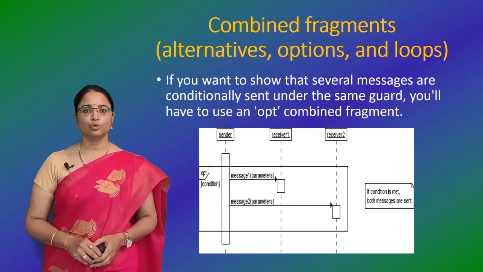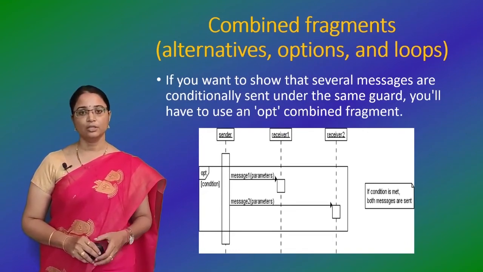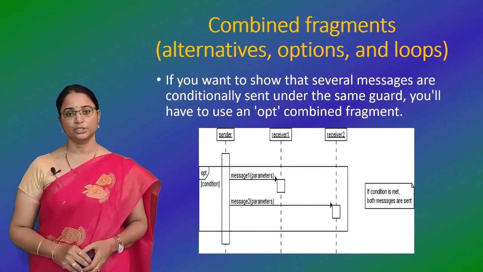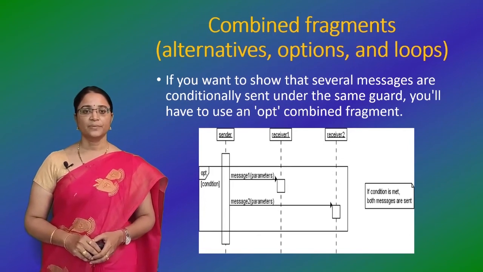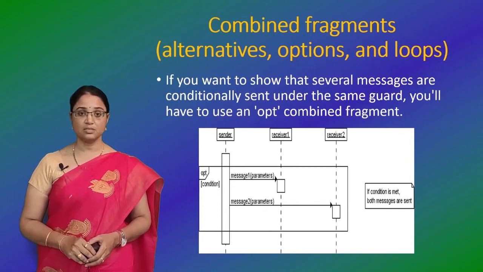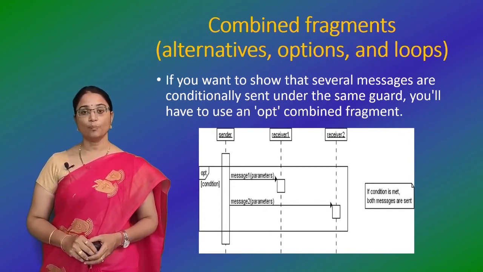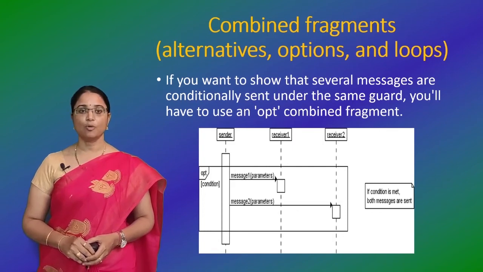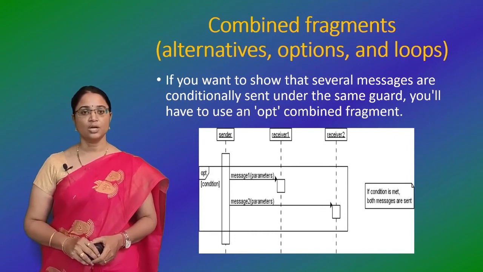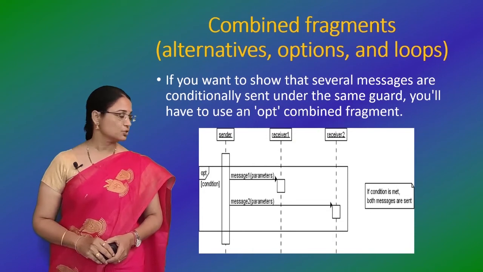So if you want to show that several messages are conditionally sent under the same guard, you will have to use an opt. Opt is nothing but an optional combined fragment. The combined fragment is shown as a large rectangle. You can represent these combined fragments by using a large rectangle with an OPT that indicates the options operator, plus a guard also. What is the condition? You need to specify that condition also, and it contains all the conditional messages under that guard. So if you see the figure here,